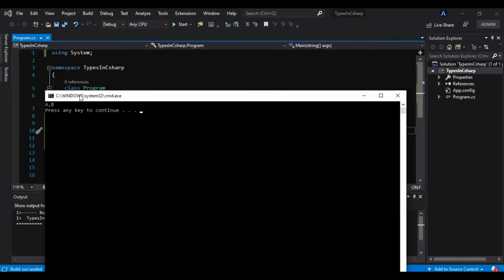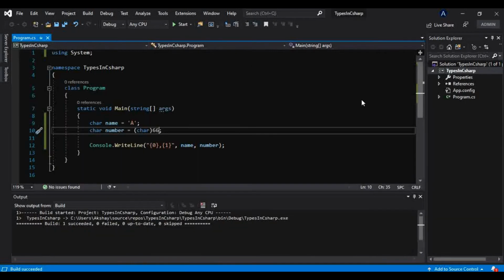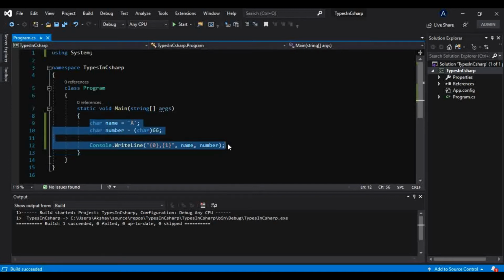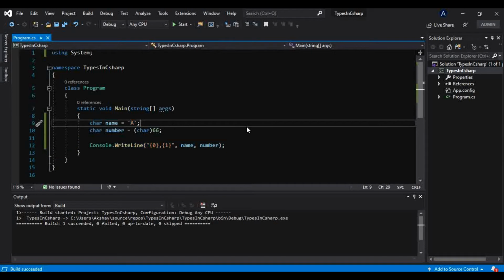So from that we can say that there is an ASCII code associated with every character. We have seen only one or two. You can try that by yourself, for every character what are all the ASCII codes, and I have shown you how we can do that. So from that you can do that for the remaining characters as well. Okay, so that is all about the char and how we can use this data type to print on the console, that we have also seen.